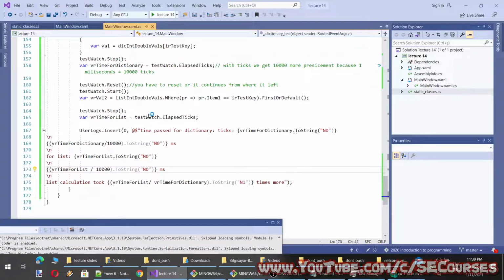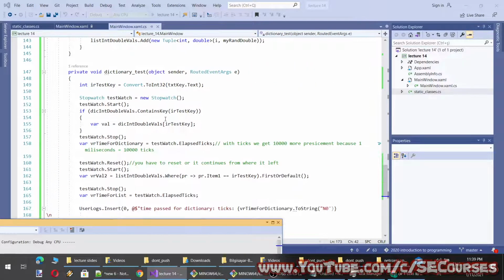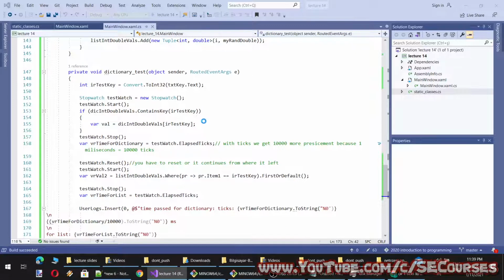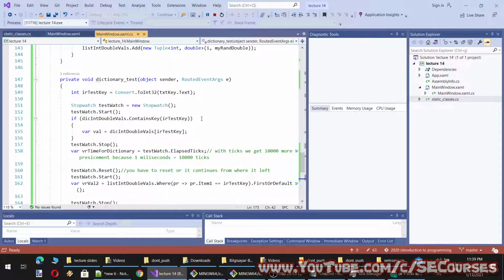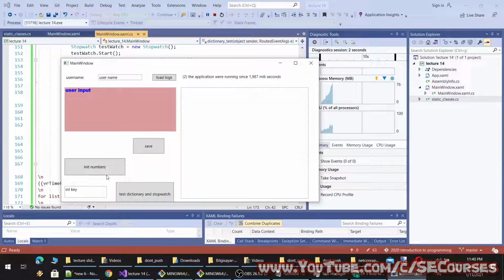Okay, the first time calculation. Oh, I see the reason. Oh no, it is not the case. I think it is something else. Okay, let's initialize.